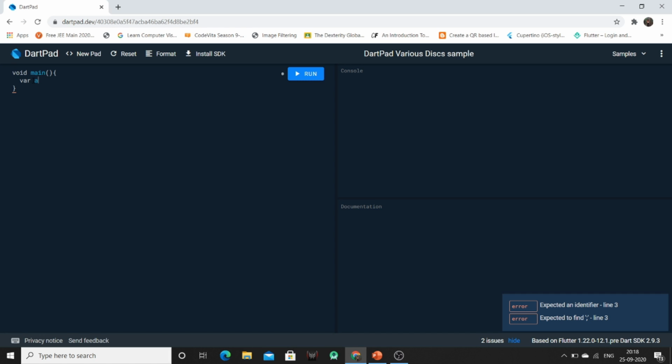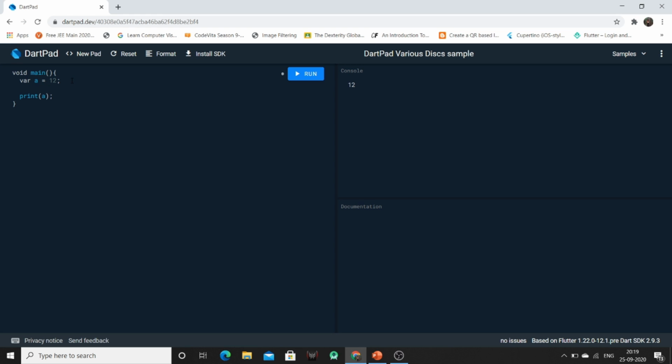So on declaring any variable as a type of var, it will be of dynamic type. So I have declared a variable a as var type, and I am initializing its value as 12. Now on printing this a, it will show me the value 12 in this console section.